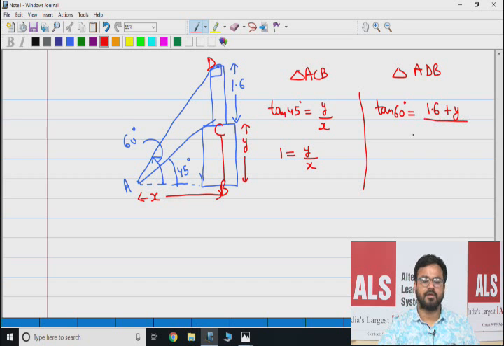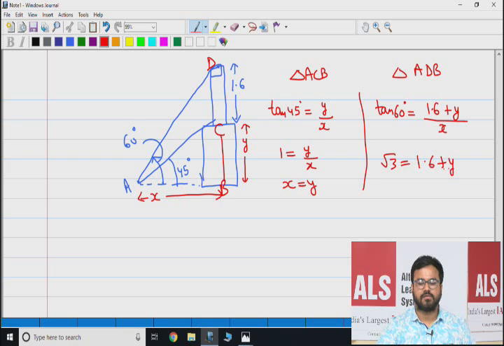Perpendicular upon base, which is x. Since we have to find the value for y, what we can do is substitute from equation 1. So x is equal to y. In place of x, we can substitute y in the second equation. So tan 60 is root 3 upon y. Now cross multiply, root 3y is equal to 1.6 plus y,